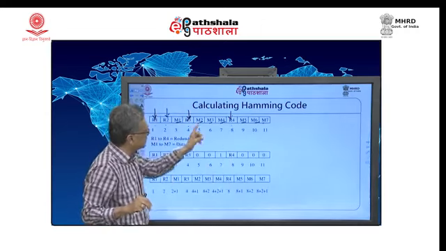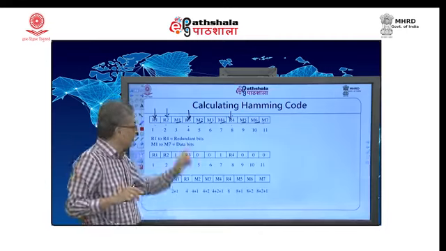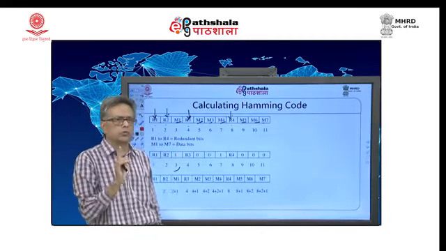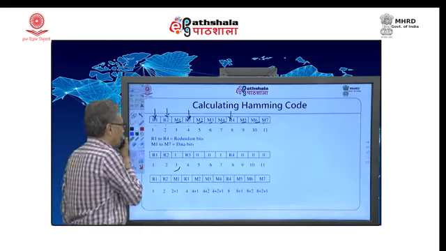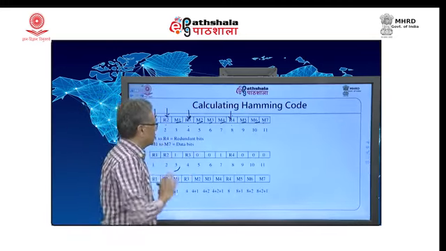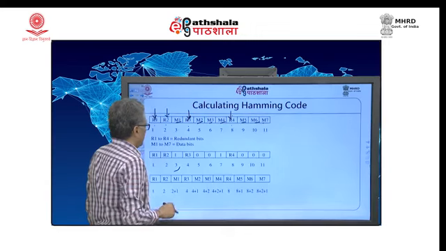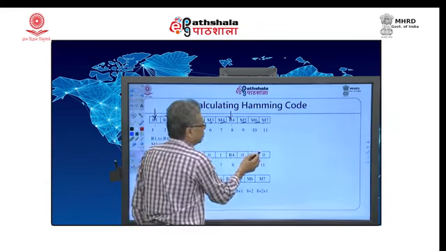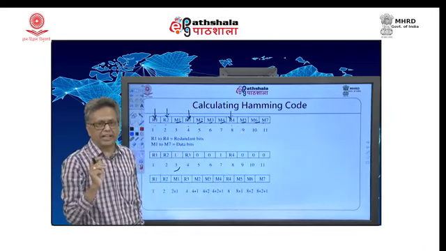So, this is precisely their position. So, we will place the redundant bits at 2 raised to 0, 2 raised to 1, 2 raised to 2 and 2 raised to 3 positions. Okay. So, here they are. Once we place them, the data is inserted. This data is 1 0 0 1 0 0 0. Now, that is the ASCII value of H, capital H.